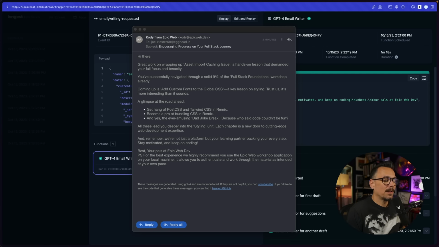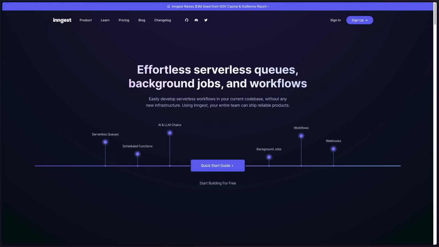It came up with an extremely reasonable email. You can expand this workflow. You can expand the number of events that are handled. You can use this process iteratively to build an entire communication stack that you fully own and control inside of your code base, and workflows that are endless, processes that you haven't even thought of yet. You're going to be able to create them in a way that allows you to focus on the interactions and the work at hand instead of maintaining all of that infrastructure.